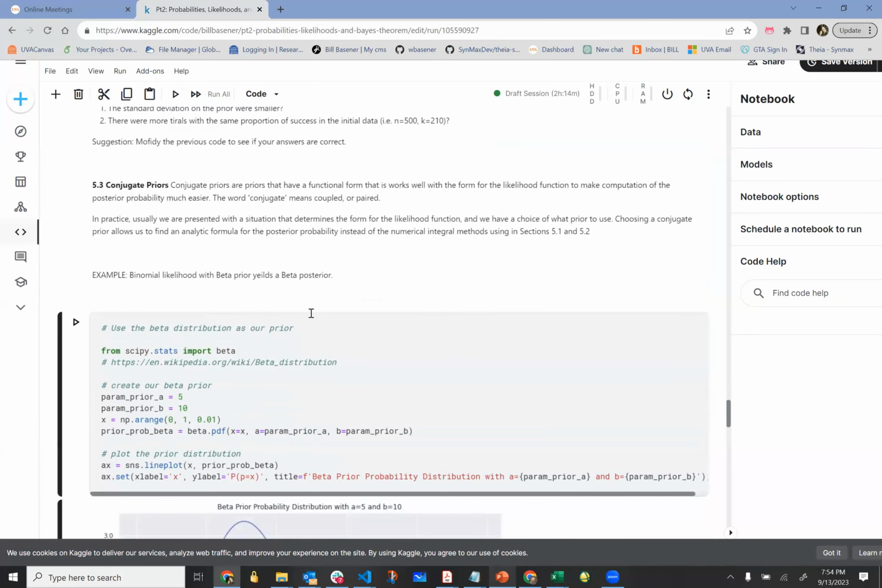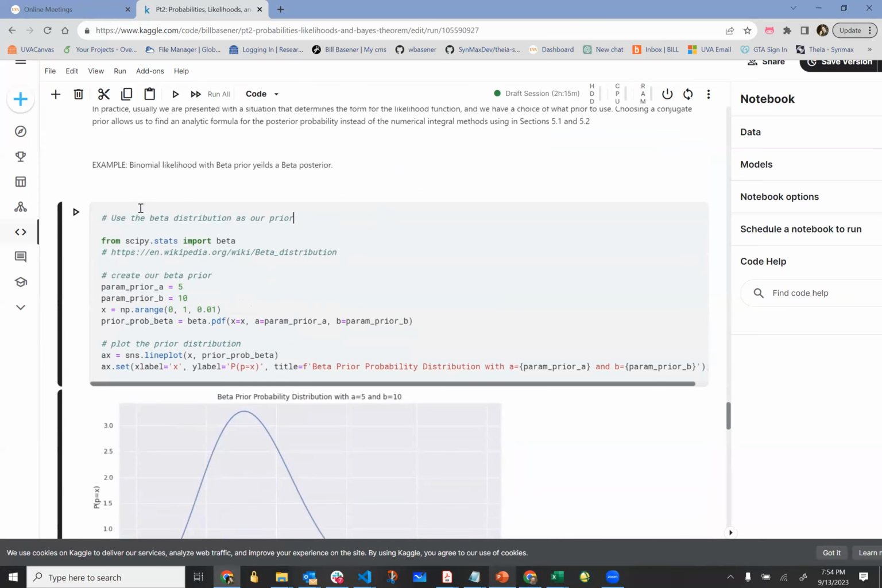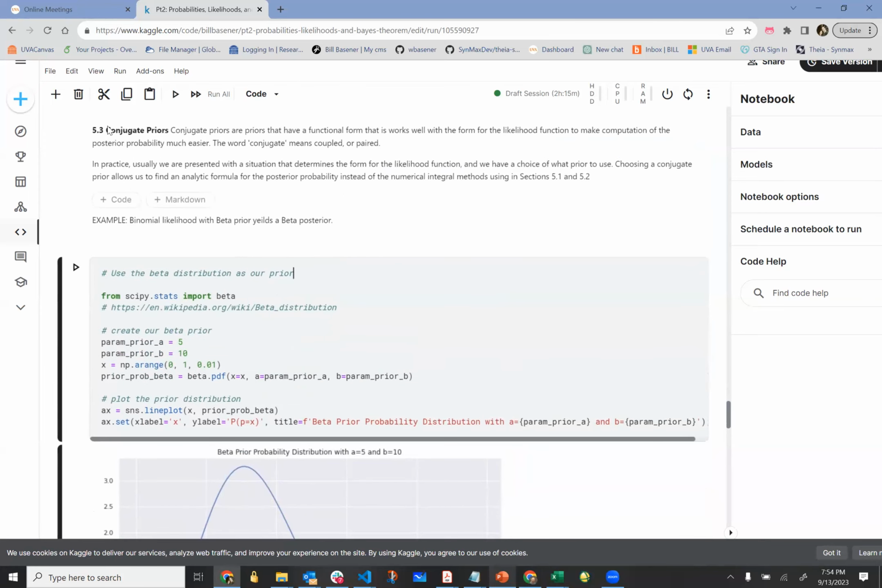Okay, and here's the last type of prior we're going to talk about in this block. There's one more type of prior called conjugate priors. Conjugate priors are really important. They're, I think, a little less important for